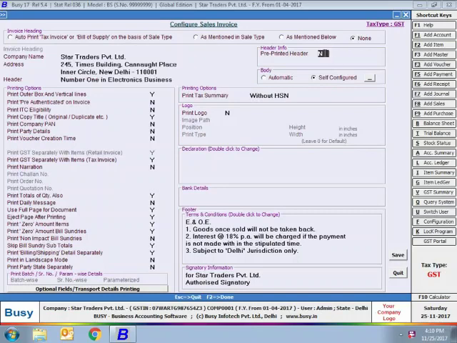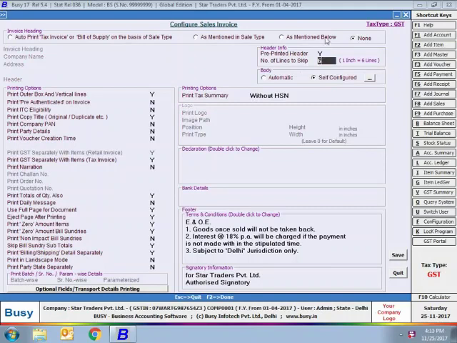Next on the right hand side is header info. In this, the first option is pre-printed header. If you have pre-printed stationery, like a stationery on which you have already printed your company's name, address and some logo, then you can specify Y in this data field and then specify the number of lines to skip. That is, after how many lines printing is to be started.